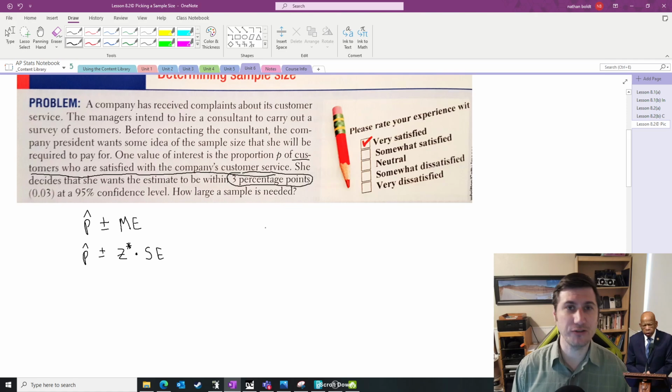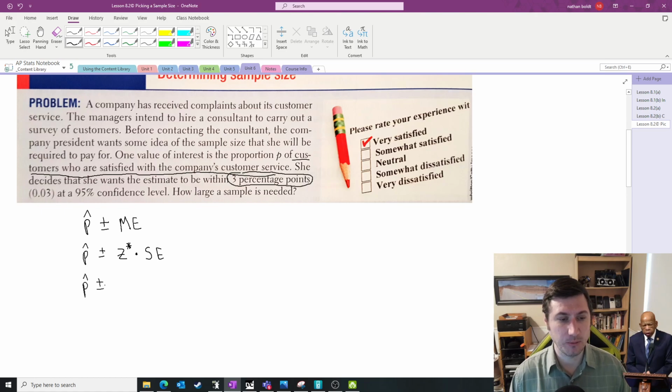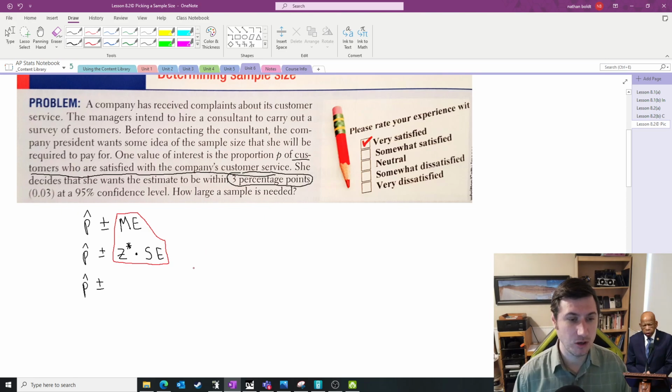All right, let's start filling in our equation. Now, we don't know what p hat is, right? We don't know what that is. But we're not actually interested in the p hat on that side because we're just interested in the margin of error, this part, right? We want to make sure that this part is less than or equal to 3%. So what is that part of the equation? Well, the z star comes from the 95% confidence level. So that is 1.96